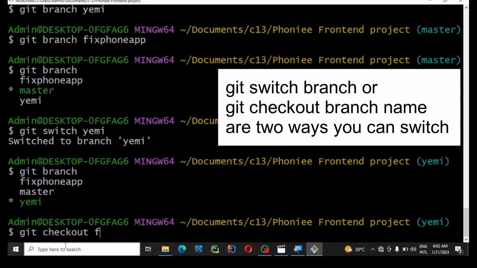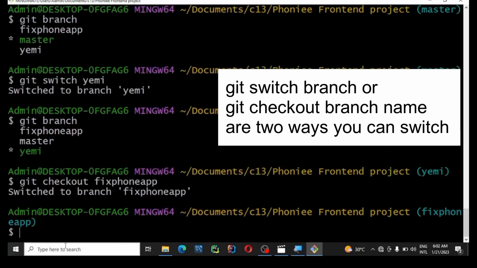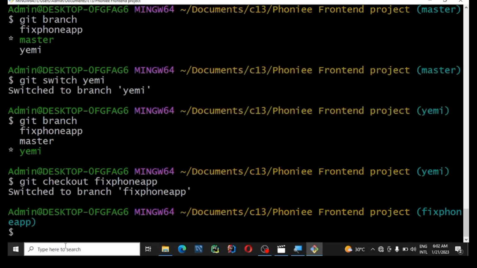Let's say fix phone app. So as it is now, I've shown you two ways in which you can switch your branch. You can either do git checkout, then that branch, or you just simply do git switch and it automatically switches you to another branch. So as it is now, these folders and files we want to push are on the fix phone app branch. So you might not want to go through the route of